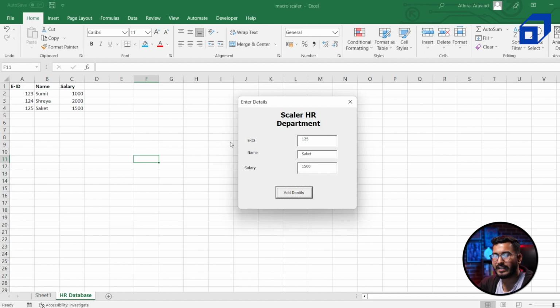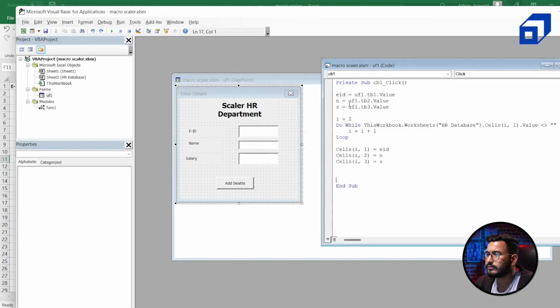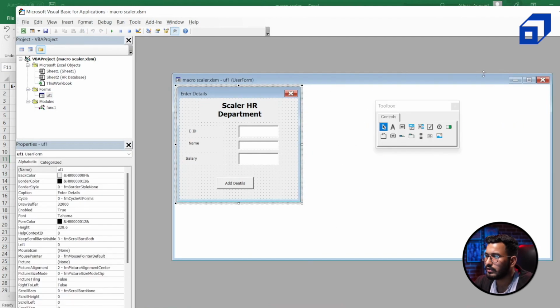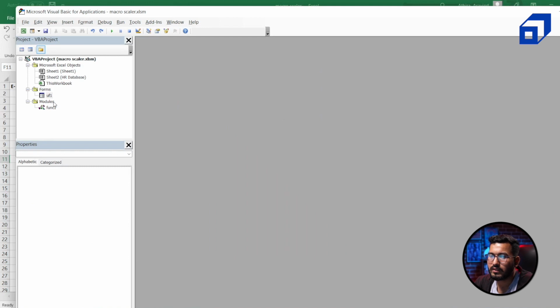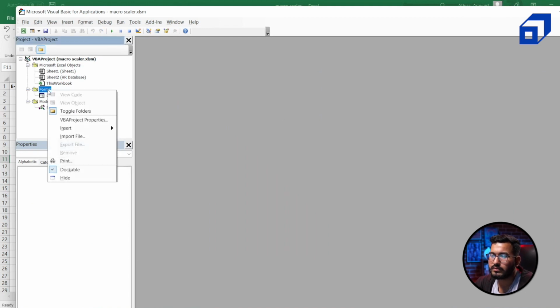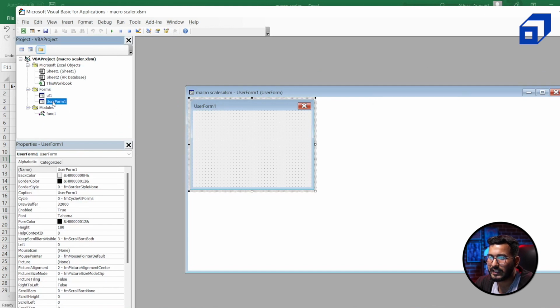Let's create the next form which can help us to search and edit the details. So I'll close this, and now I'll close this one also because we are done with this form. We'll close this one also. We'll create the new form. Go to forms, insert, user form. We'll rename this form. So here I'll call this as UF2. Enter. And caption, we will change this as, let's say,